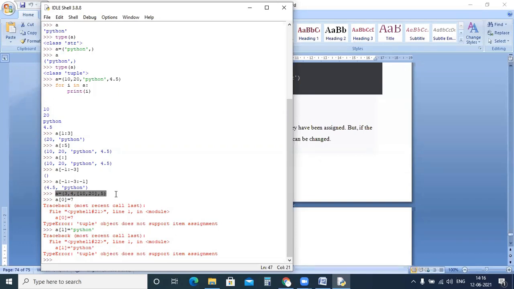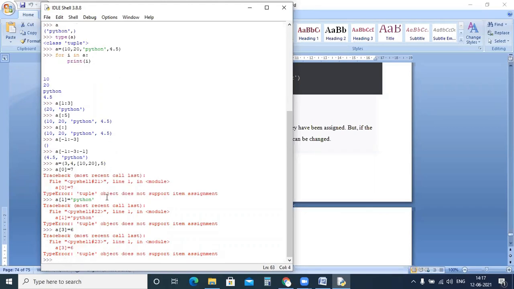Okay, now what I have done is, I tried to change the A of 0 value, A of 1 value, and 0, 1, 2. I will try to change A of 3. A of 3 I will try to change and I'll take it as 6. So what you will get? I'm trying to change the value of A of 3. Error. Yes, perfect. We are getting an error.